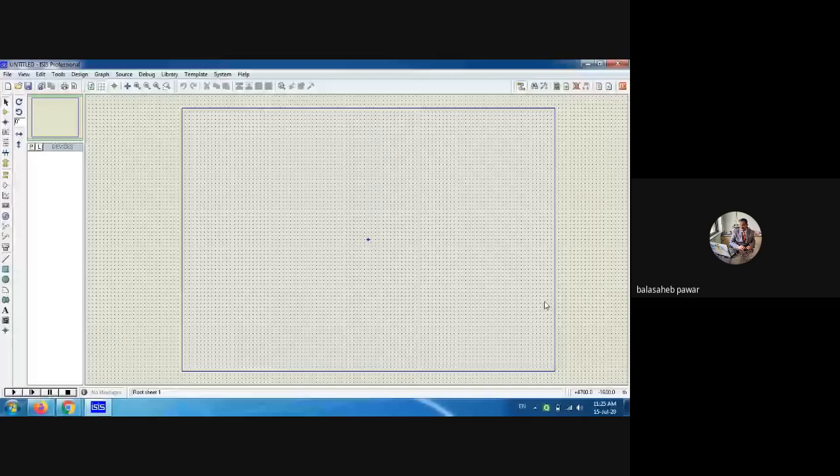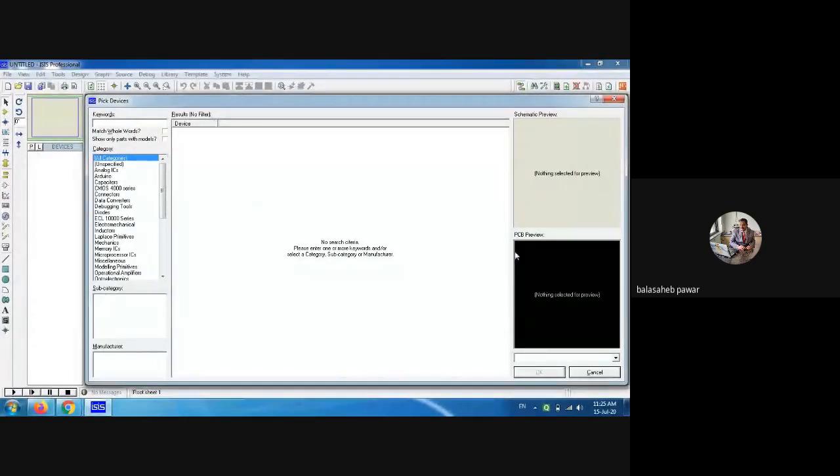Now first of all, we'll see one window is available, that is pick devices from the library. It is just like whenever we come to our lab, you pick some components, whatever you require as per the circuit diagram given to you by your teachers. So just click on that pick. You will get a separate window as a library, and which component you require, you have to write it over here in the keyword.